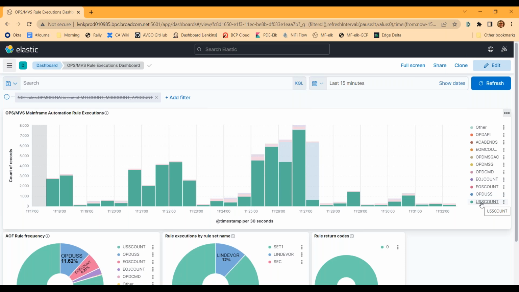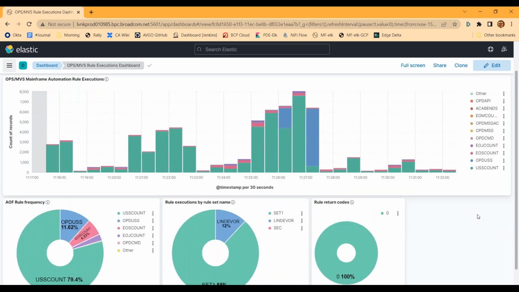So some of these, honestly, they're test rules. At least I'm assuming they're test rules. I'm assuming this USS count, one of the ops log events happens to be a USS event. And I suspect that there's a rule that fires when that happens. And we're seeing basically the visualization of how often that rule has fired or executed in the past 15 minutes. Now, I am not an expert on this data. The Ops MVS team is an expert on this data. So I guess, watch this space for maybe more exciting stuff in the future.